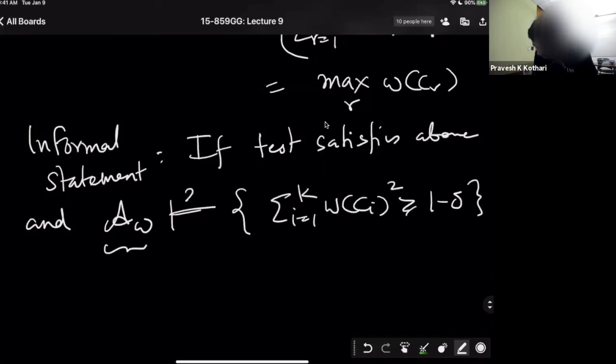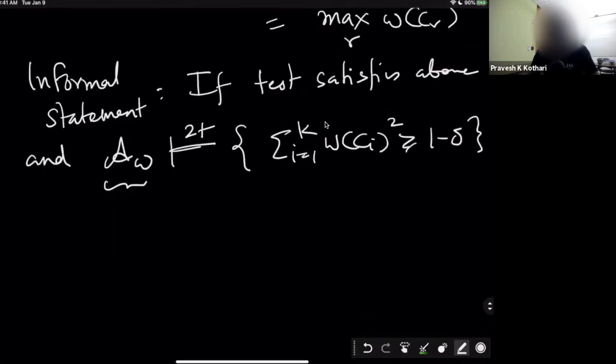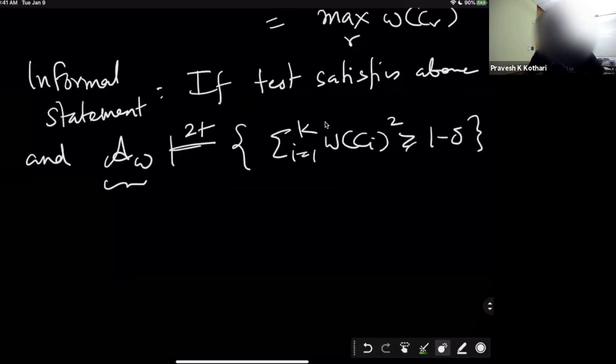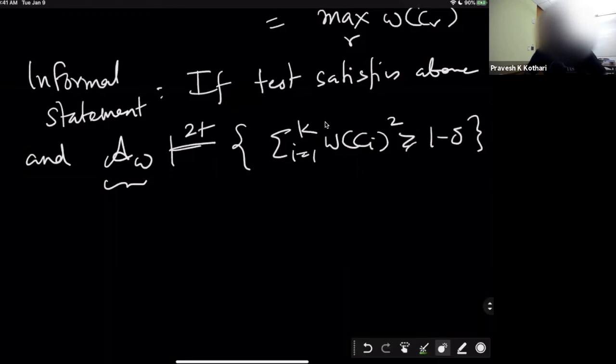Remember the notation we developed last time: we wrote down the degree of the proof at the top. What we're going to eventually establish today is that not only is there a proof of the soundness statement we wrote earlier, in fact A_W derives this conclusion in a sum of squares proof of degree at most 2t. And we're going to show that any test which satisfies all the properties above, including the fact that the soundness statement can be derived as a low degree sum of squares conclusion from the test checks,